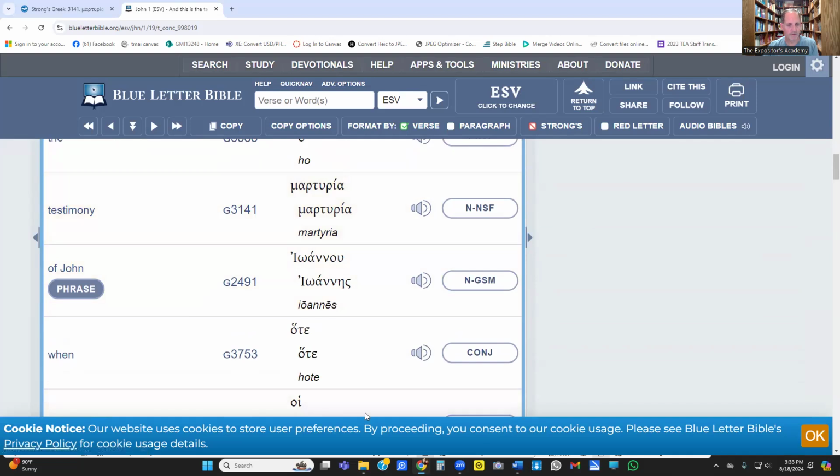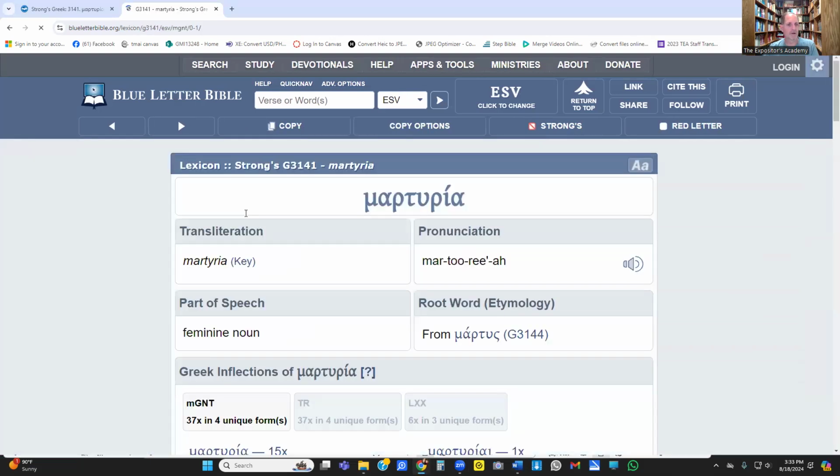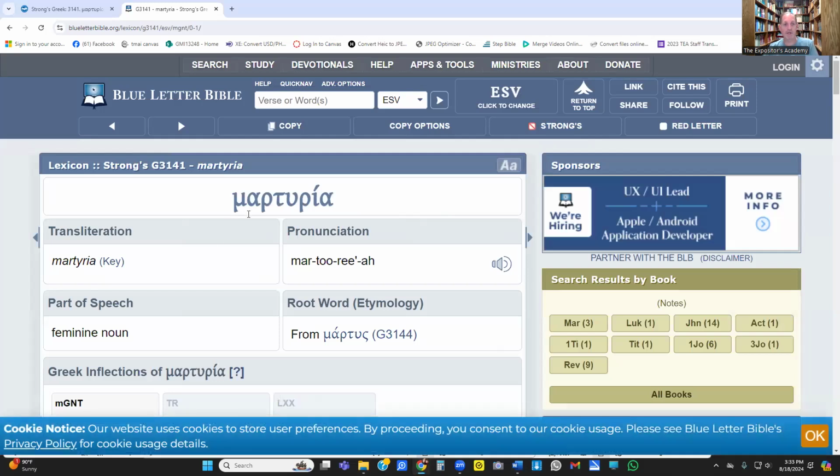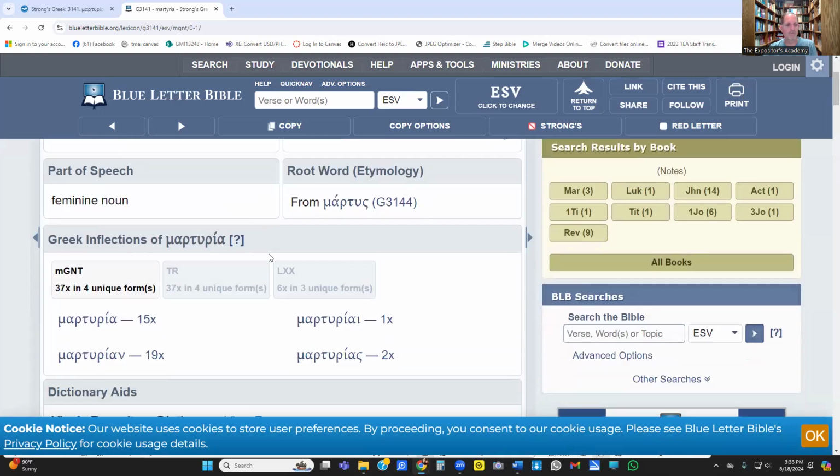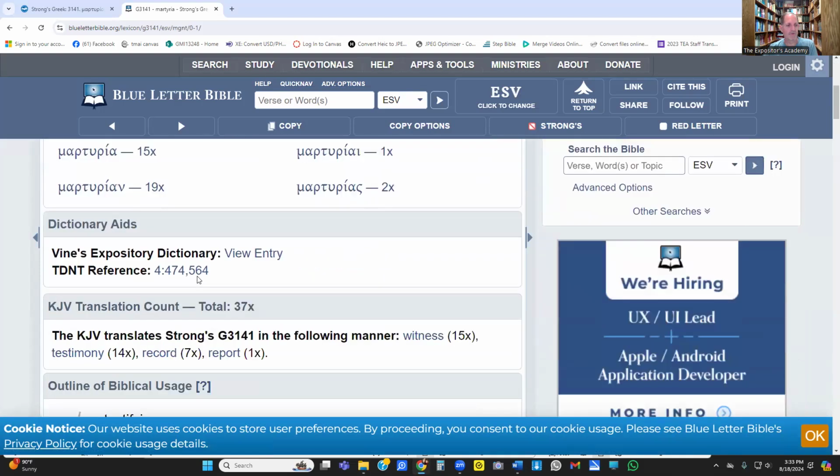And notice Strong's number. All right, here's the Greek word. Here's the English pronunciation of the Greek word. If you want to actually hear what it sounds like, some people are into that, you can press this over here. Okay, where it pronounces the word for you. But that's not important really for what we're doing here. All right, so just press the Strong's number, just like you do in Bible Hub. And here's the Blue Letter Bible, all the information used here.